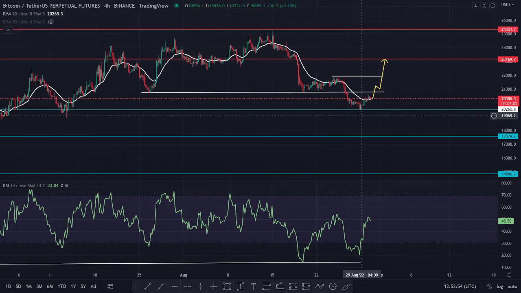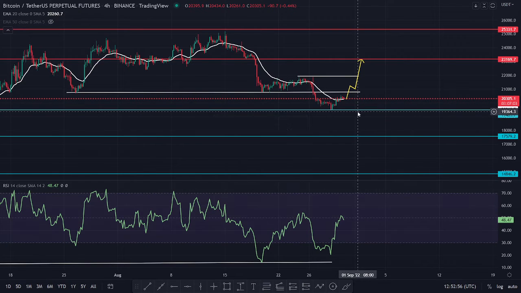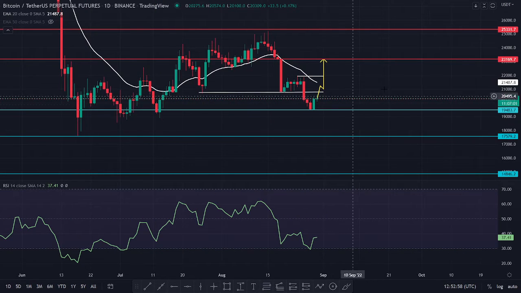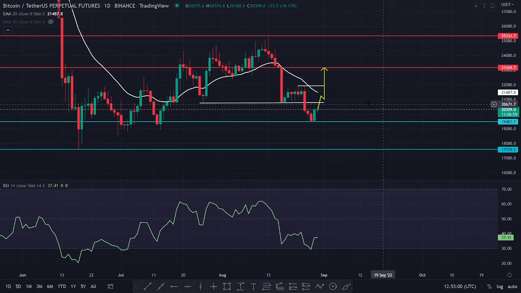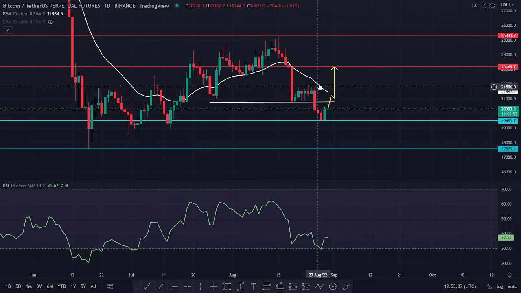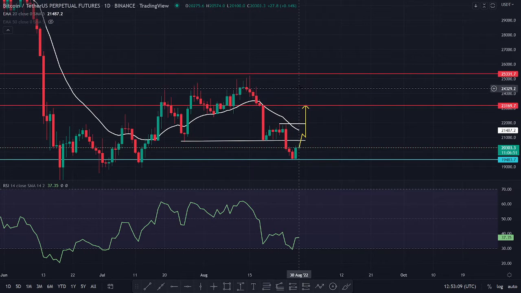Now coming on to the positive scenario, moving on to the daily chart once again. Bitcoin might break above this resistance and also above this 20 period moving average, then you can expect a retracement till 24,000. Mind it, if you are in a loss, many people will be trying to cut their losses at 24,000. Hence, the market cap will be decreasing again, and then you can expect a downtrend again till this $19,000